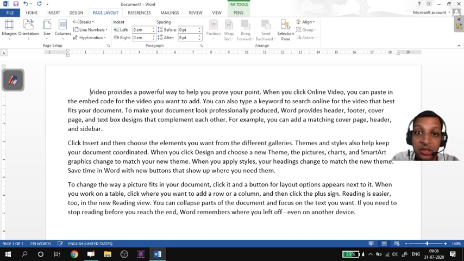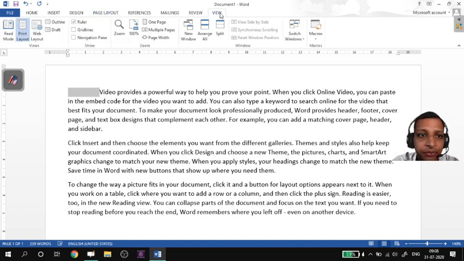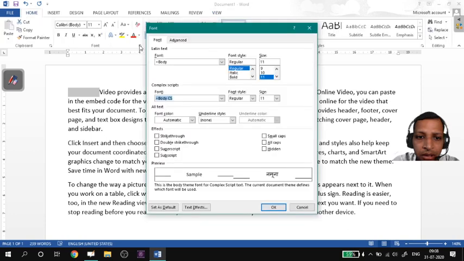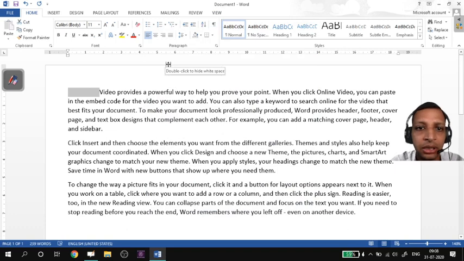Remember, it does not appear, but this is white space. Okay, this is called white space. In view, I think that option is there to show these white spaces. Somewhere it is there. Home, I think. Okay, I'm forgetting right now. I'll show you all. There's a way of showing the white spaces.